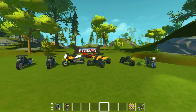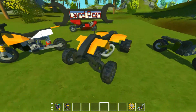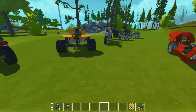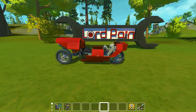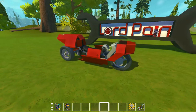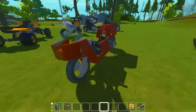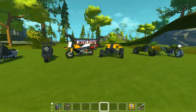Today with a bike special. As you can see, I have a lot of bikes and one ATV or a quad. And yeah, I can tell you so far that this bike here, it's like possessed. It's like there's something inside there that wants to come out. It's crazy. So let's start, and